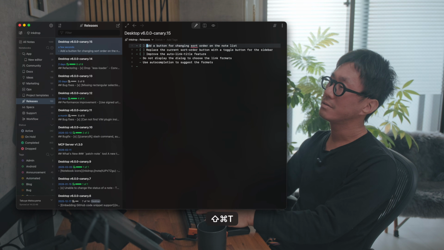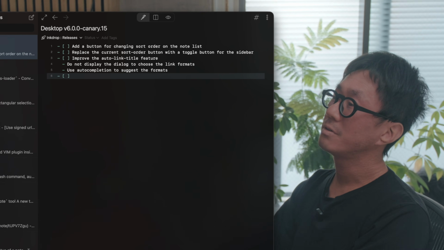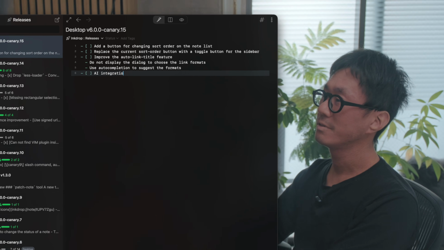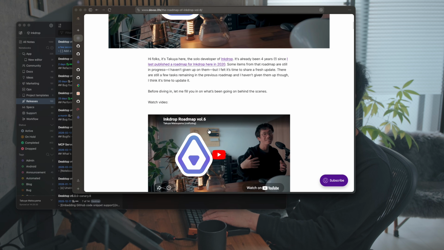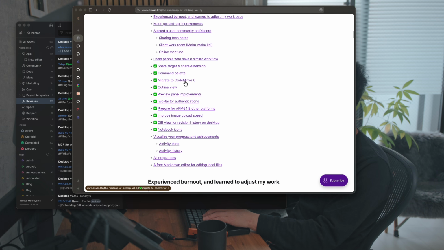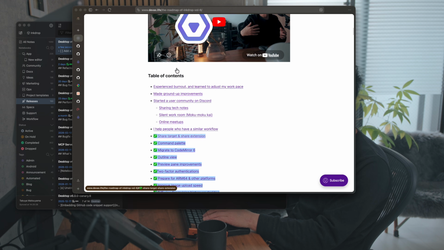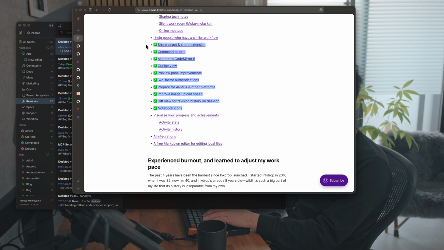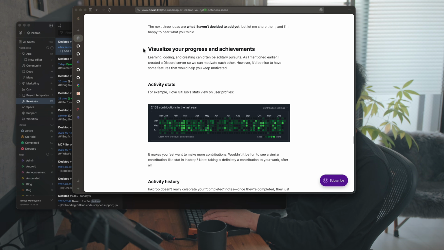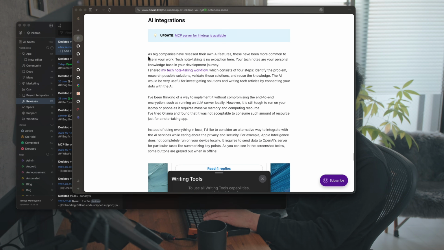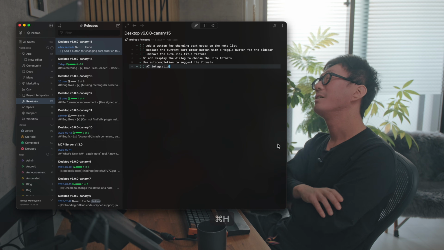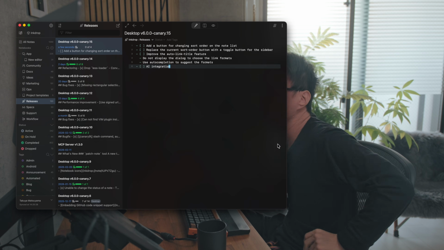And the next one is AI integration. Yeah. So Inkdrop roadmap. Yeah, I've been working on it. So yeah, I already completed the main features of the current roadmap. And yeah, I just finished this, visualize your progress and achievement. And the next one is AI integrations. And currently, I'm thinking of using the Anthropic API to